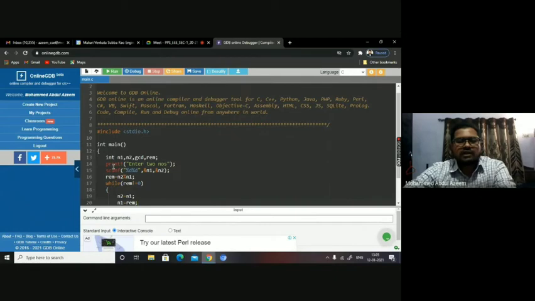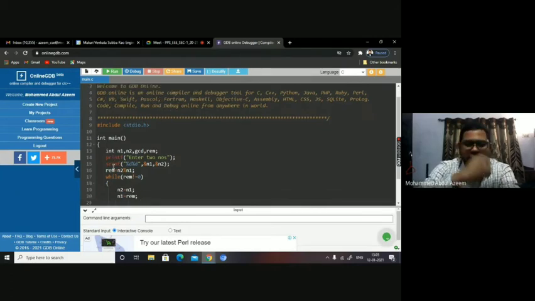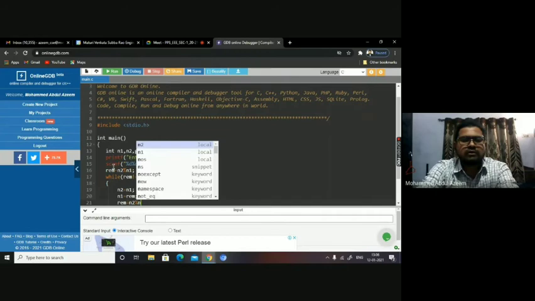If I assign rem to n1 and then n2 equal to n1, both n1 and n2 will have the remainder value, right? The sequence is a must. n2 equal to n1 must come first, and then n1 equal to rem. Otherwise, if you change the sequence, both will get the same rem value. Rem equals n2 mod n1.